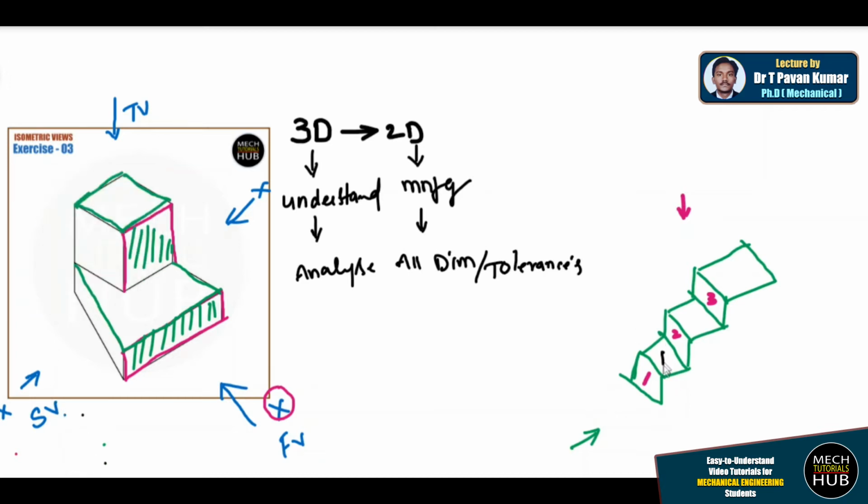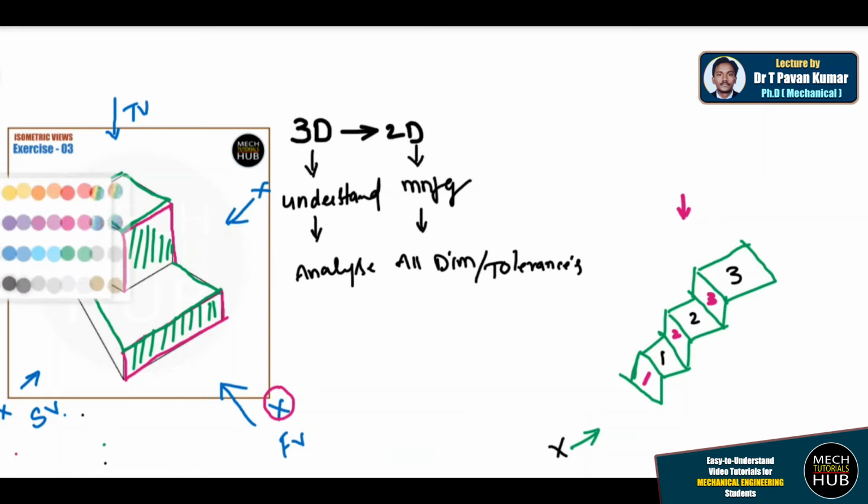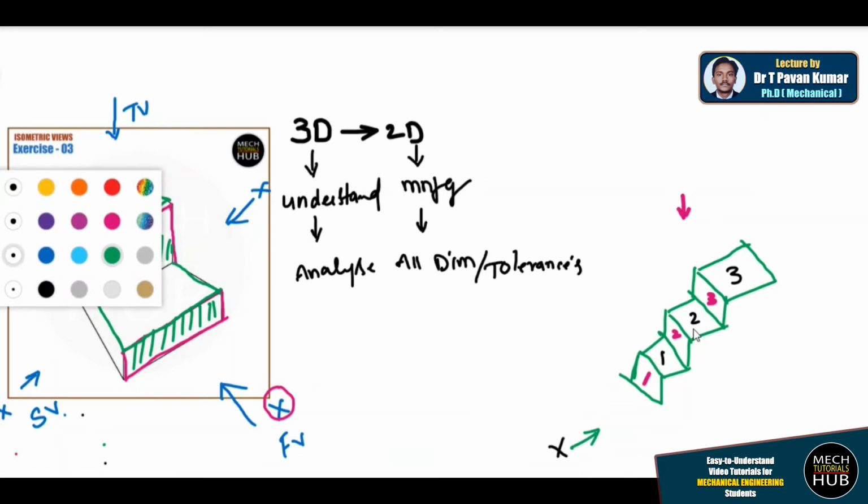These faces, like 1 2 3. The black numerals which I have written just now, 1 2 3, are visible from the top, and the 1 2 3 in this other color are visible from the front. So try to differentiate these two colors. When I ask you to draw the front view from this position, what exactly is visible? Let me take the same color so that you have a better idea.